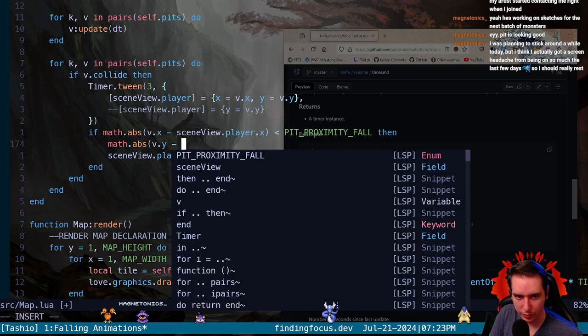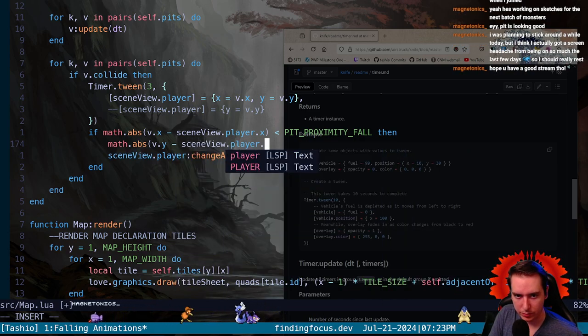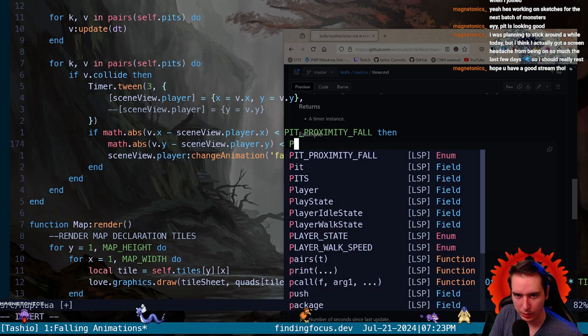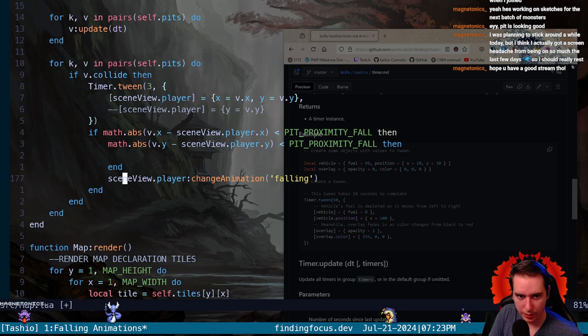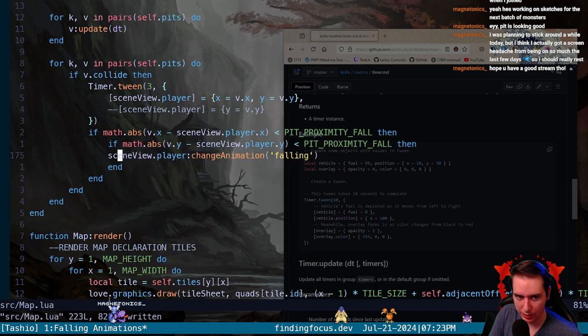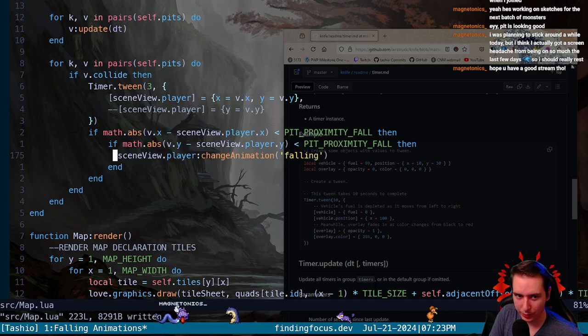So we want to also take the absolute value of our player's Y position. And if that is also smaller than a proximity fall of 2 pixels, then we want to trigger our fall animation. Now, the fall animation doesn't actually do anything to our player other than change its animation. So we do need to cease it from being able to be collided with enemies. We need to